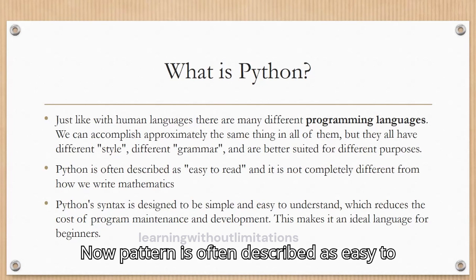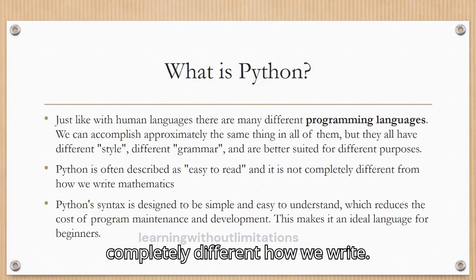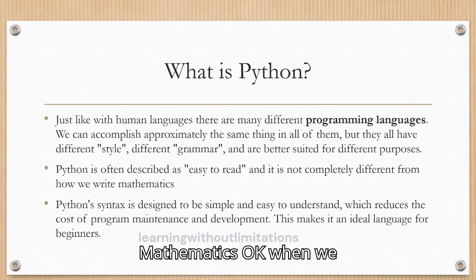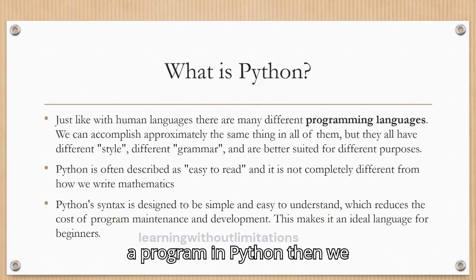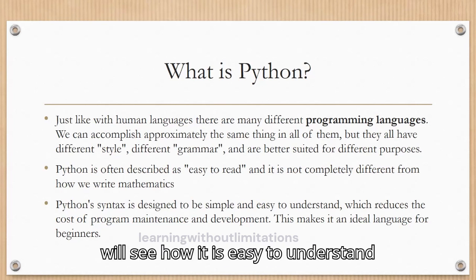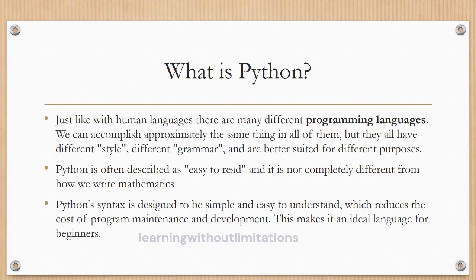Now, Python is often described as easy to read, as I discussed. It is not completely different from how we write mathematics. When we write a program in Python, we will see how easy it is to understand and how we can write our thoughts or our task